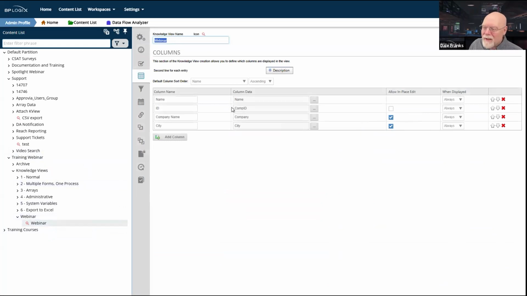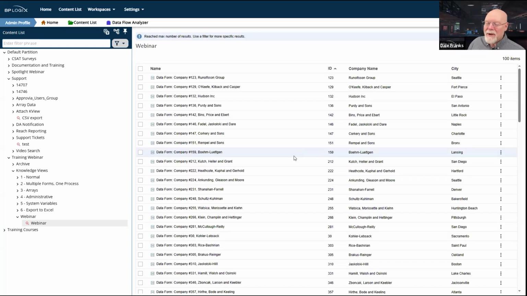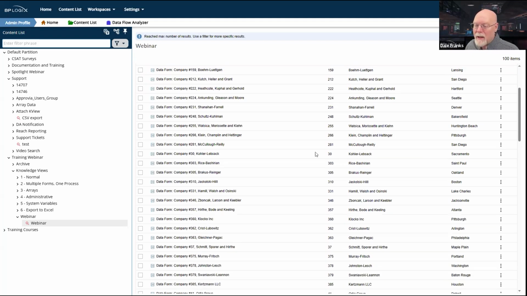Although another sorting method like ID might not work great for me either, because again, I'm sorting alphabetically. These are not numeric fields. These are text fields. Text fields get sorted alphabetically. So again, I have the same problem. I go from 281 to 30 to 303 and so forth. So sorting is going to be done alphabetically and you need to keep that in mind.